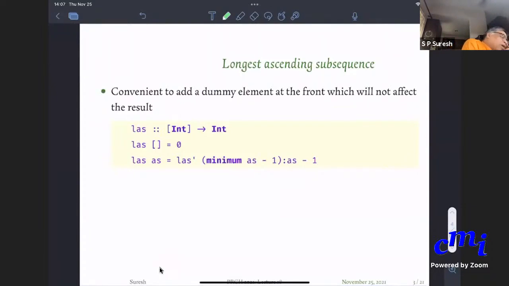It is convenient to add a dummy element at the front, which will never affect the result, meaning that you add something that is guaranteed to be smaller than every element in the array. Then you can always say that I'll start with the first element of my list. Eventually, once you have computed the length, you subtract 1 from it. So you're going to do minimum of A minus 1. This is guaranteed to be smaller than everything in A's.